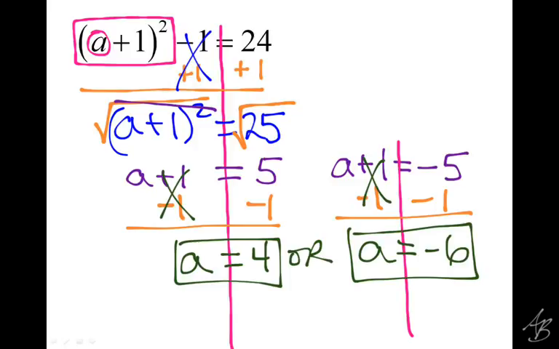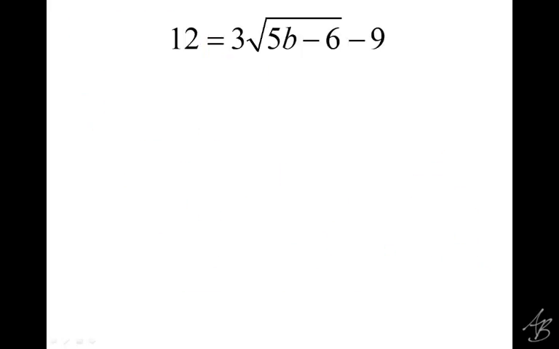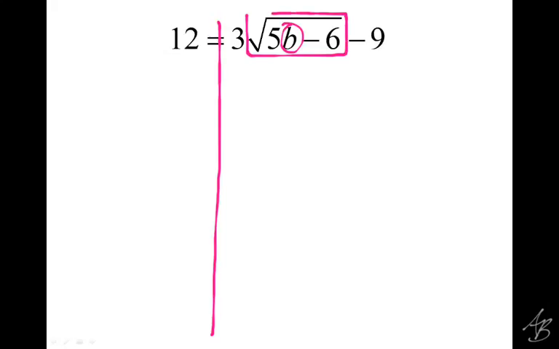Second equation, we want to get b by itself. So we're going to circle the b, we're going to draw the line of equality, and kind of like the last one, there's one other thing we need to do to set this up, which is put a box around the square root this time, right? So just like a square, we have to get the square root by itself before we can get rid of it. So there's two things outside of the square root we need to get rid of, which is the 3